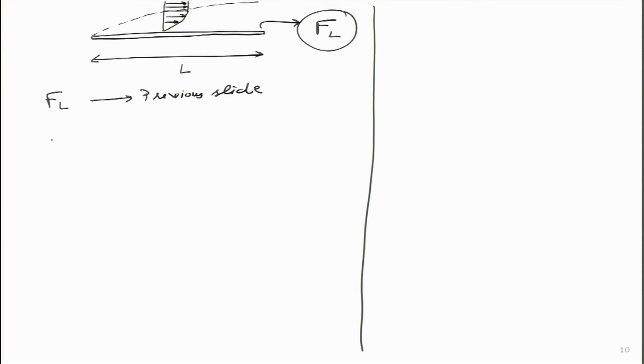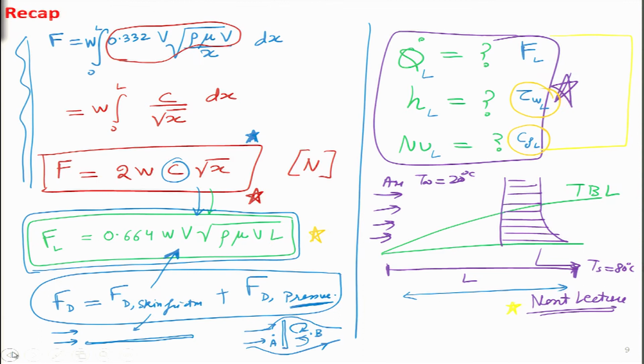Now using the value of FL, I can also calculate the total shear stress which is acting over here, on the average value. If we want to use the average value, then I just divide it by that particular area. So now I can get this expression. If I go back, what I want to write is this particular expression over here.